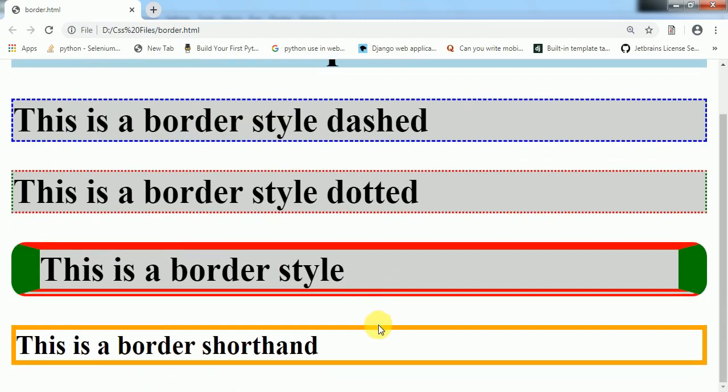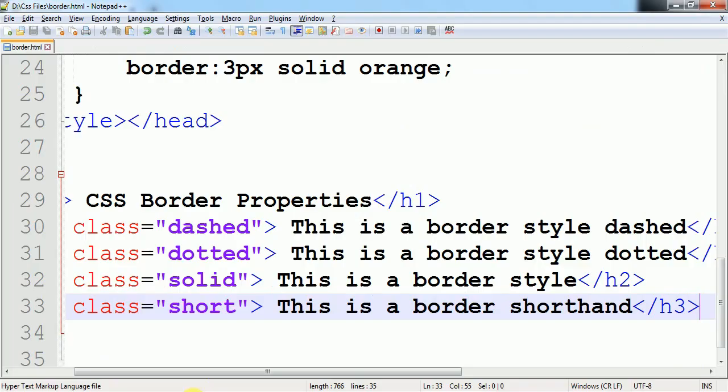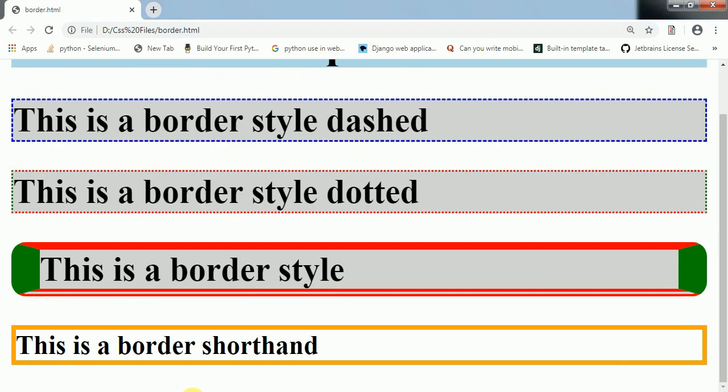So at the bottom we can see that automatically it is solid, 2 pixels, or what I have given, how many pixels, 3 pixels, its width, and solid it is, and the color becomes orange. So this is about the shorthand.